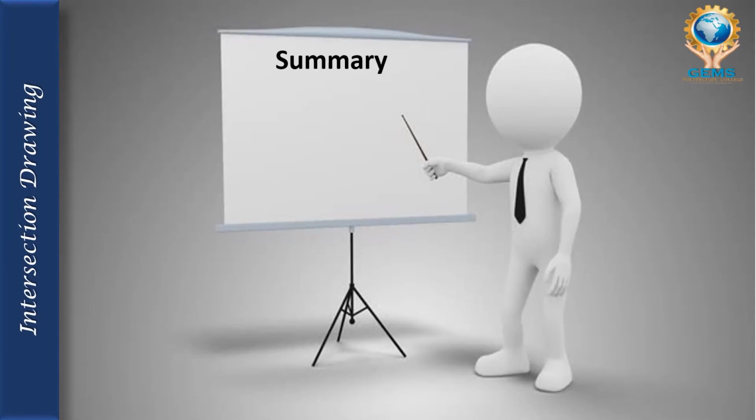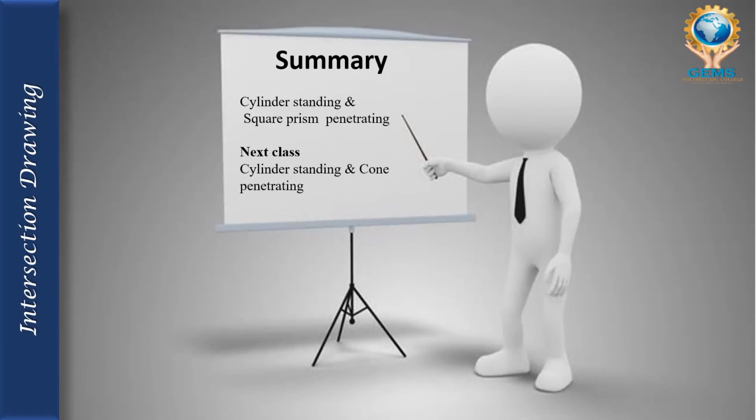Summary. We have seen cylinder standing and square prism penetrating. Okay, the next class we are going to see cylinder standing and cone penetrating. So if you know that, just go through and get some idea about how to draw the cylinder standing and cone penetrating, so that when I come to the next class, you can be clear about that. Okay,